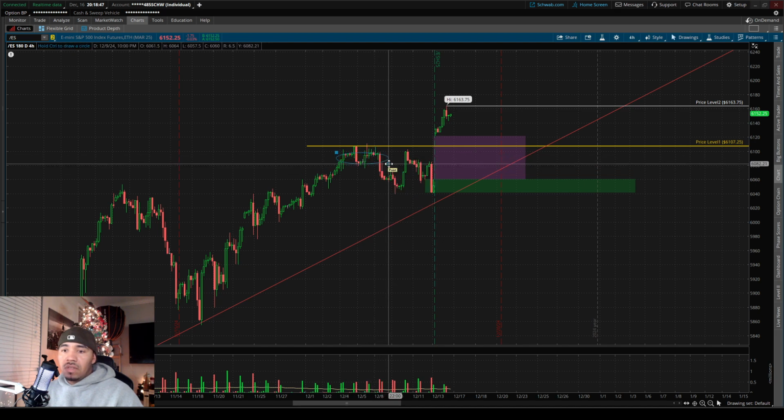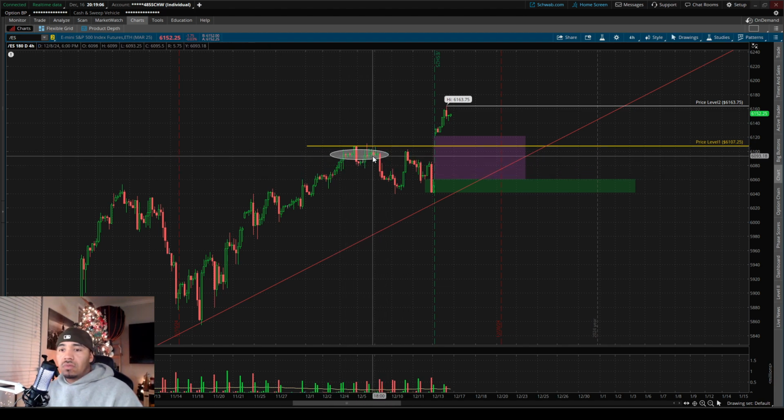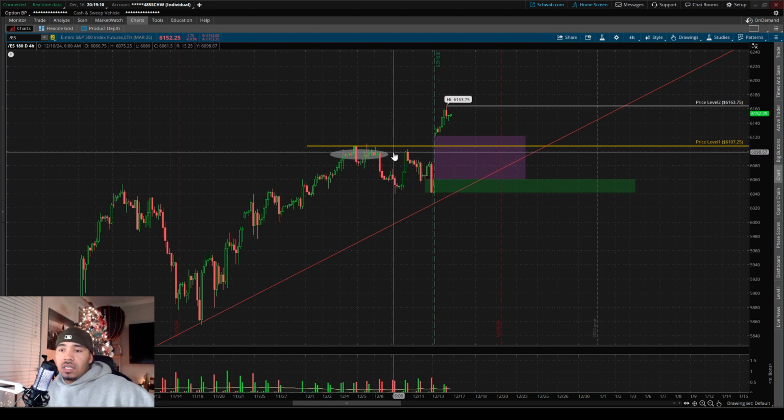Now, I usually wouldn't leave this up on here, but I'm going to leave this up for you guys so you guys can see. The consolidation zones, I like them because it gives me a better picture of what's happening, and it gives me a better picture of when buyers and sellers have come into an agreement on a price. So that's basically what that means, right? Like this is why we move sideways here. All right, so understand that when we come back to this level here, we can possibly move sideways. All right, but